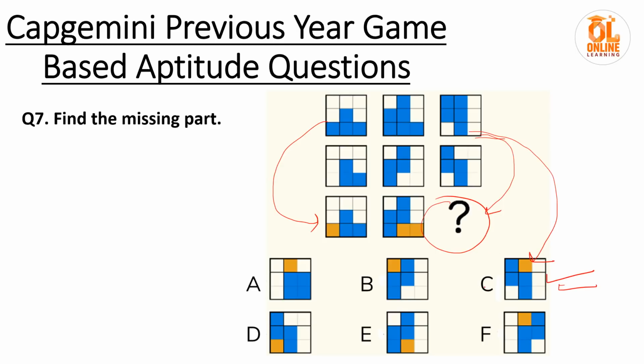So by carefully observing the options only, we can find the answer. So you have to carefully observe what the question wants and what are the options. So you can do it by elimination also. It will save your time. Now, move to the next question.